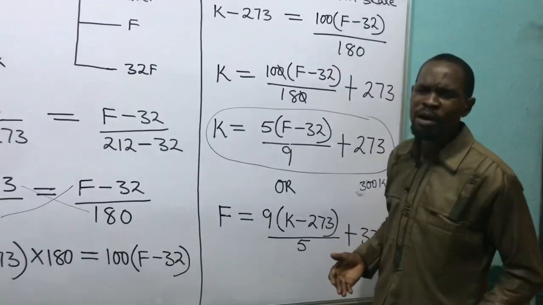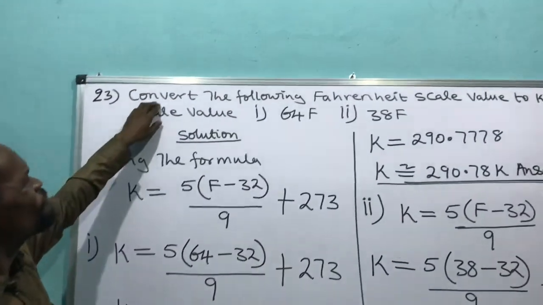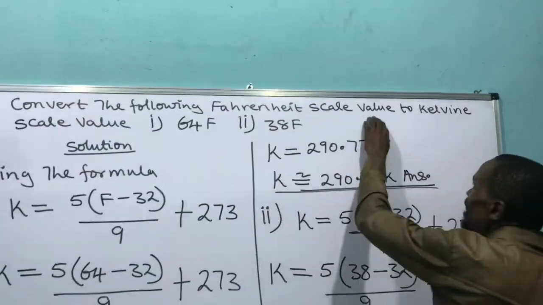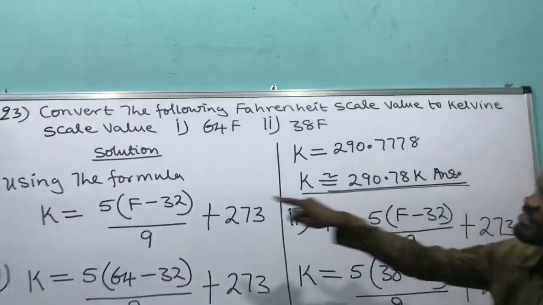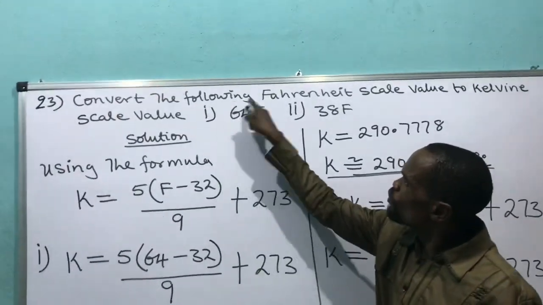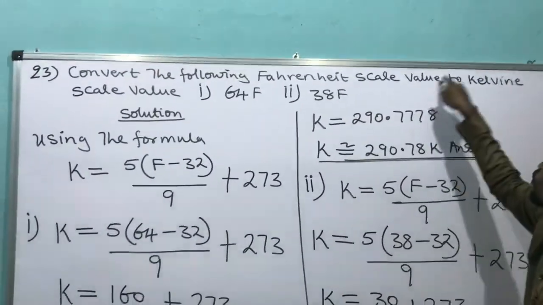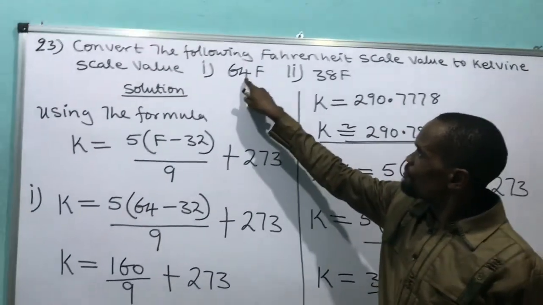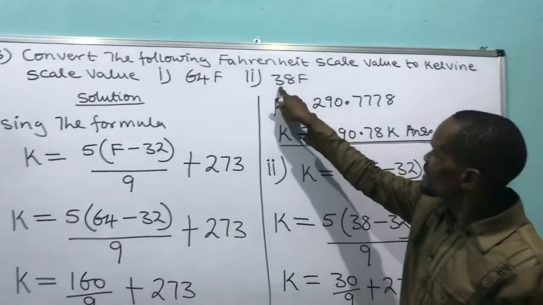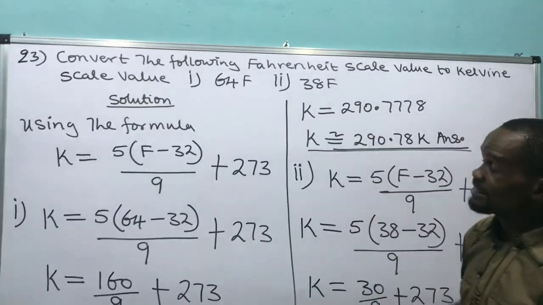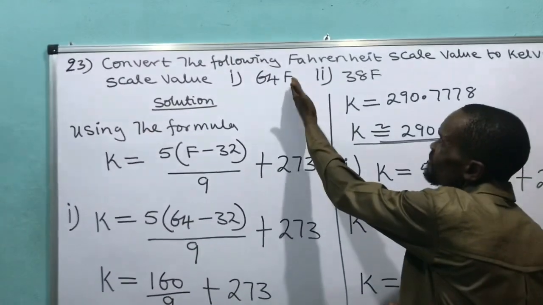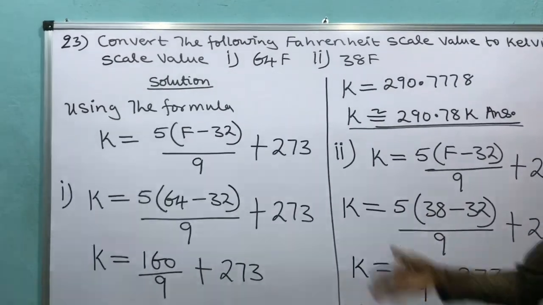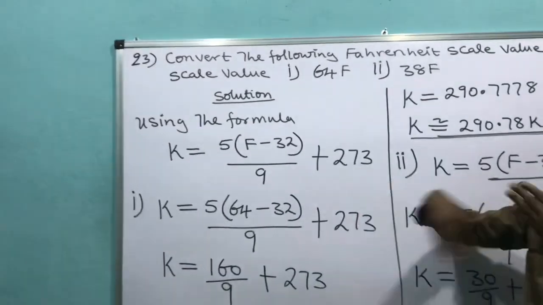Let's go to question number 3. Question number 3 says, convert the following Fahrenheit scale values to Kelvin scale values. Look at I, 64 Fahrenheit, and II, 38 Fahrenheit. They want us to get the equivalent of this Fahrenheit in Kelvin. That's what the question is all about. We should get the equivalent of this value in Kelvin